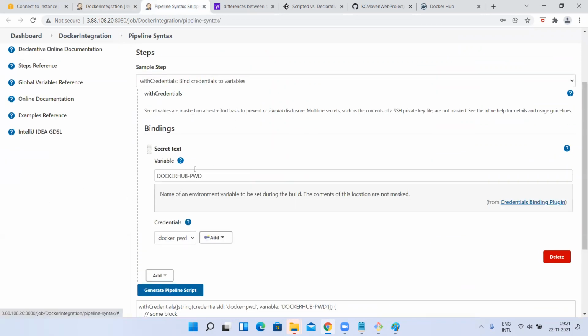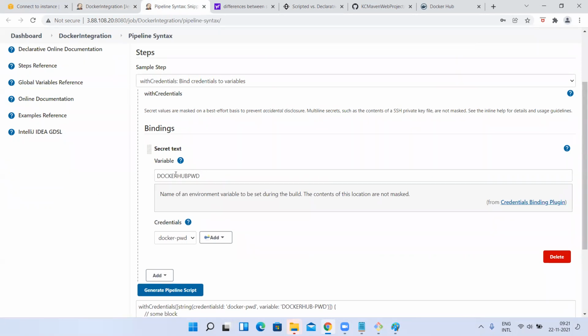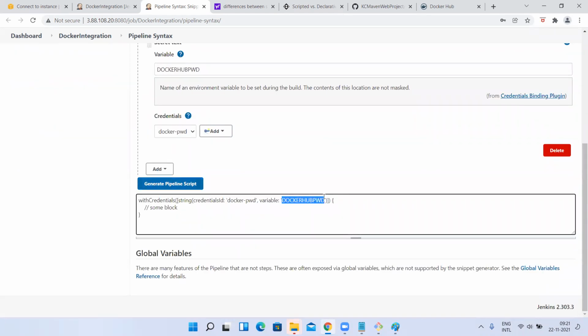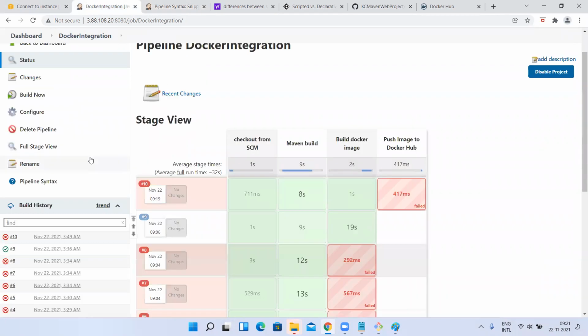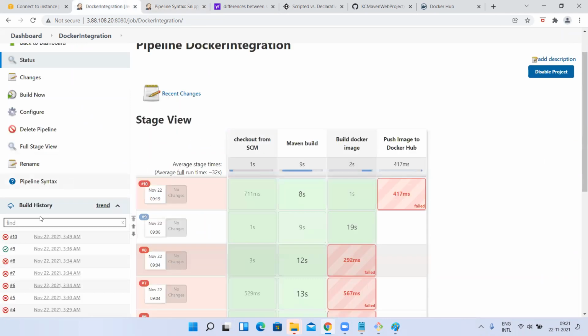I'll remove this. I'm creating one more variable without that hyphen, but I'll select the same ID, generate it, and it has given it. I just copy this to my Jenkins job. I just created one more variable with the same credential, that's it. The hyphen was not supported.